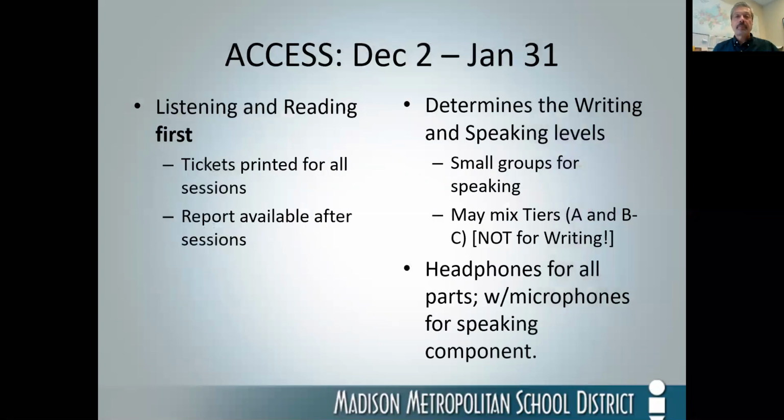All right. Now, the test window. Please remember that listening and reading are the required first components of Access. You will get tickets for both of these. The reports that are created after the students have finished listening and reading determine what levels of writing and speaking the students are at. So if you look over on the other side here, on the right-hand side of this, we have